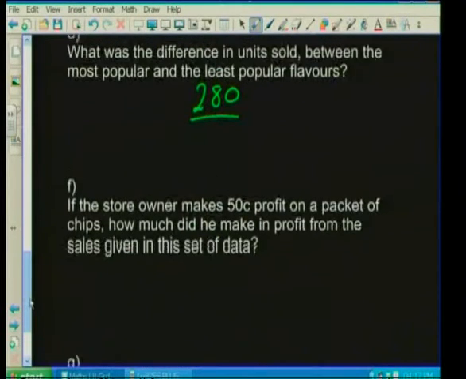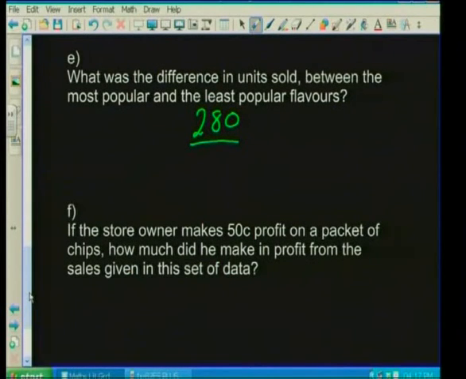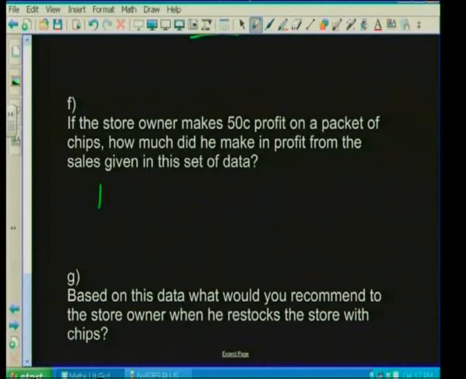Next question. If the store owner makes 50 cents profit on a packet of chips, how much did he make in profit from the sales given in the set of data? So we know our store guy is making 50 cents for every packet of chips that he sells. How many packets of chips did he sell? Don't you remember we added them up? What did we get? We wrote our answer over here,